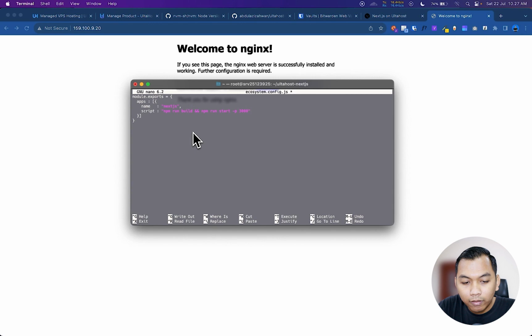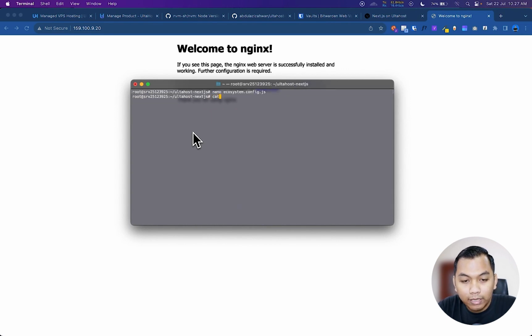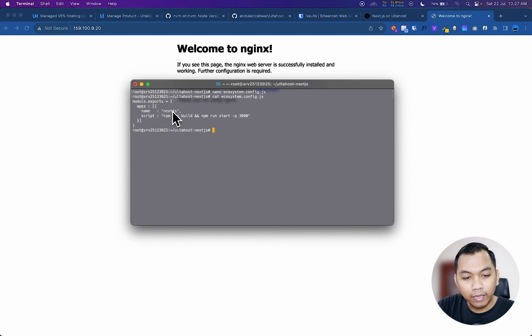And to save, we can press Ctrl O and then enter and then Ctrl X. And when we check our pm2 config again, we will see Next.js, and then this is the script to run our Next.js app.